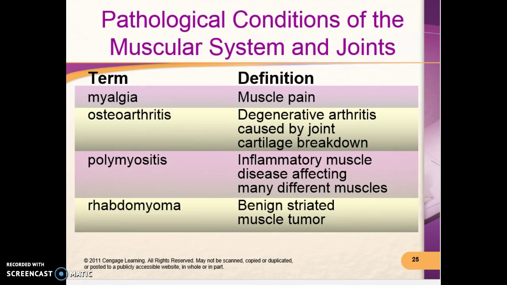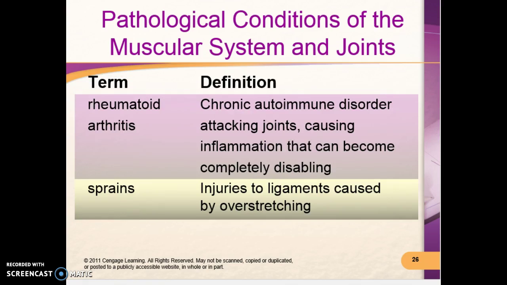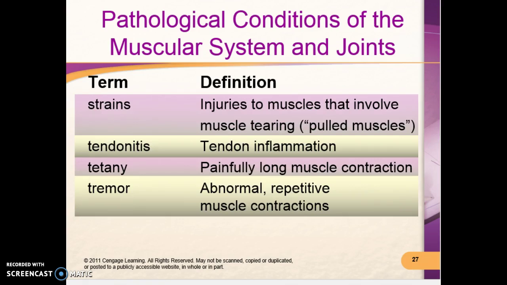Myalgia, just general muscle pain. Rheumatoid arthritis, sprains. Those are all things that are going to be covered in this particular chapter. Strains, tendinitis. So as you're looking at those and learning how they refer to the different muscles and the joints,